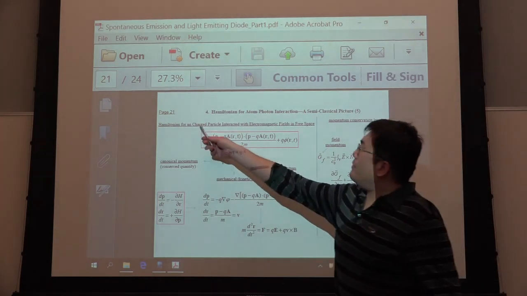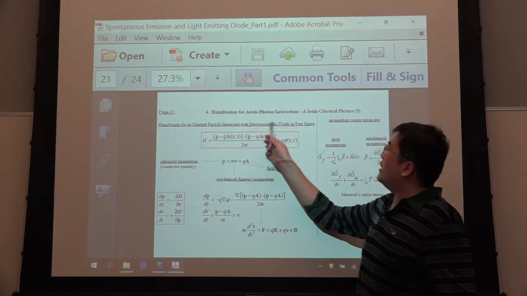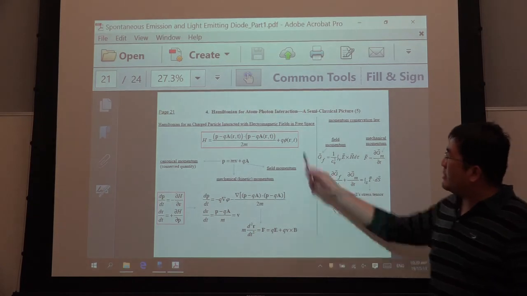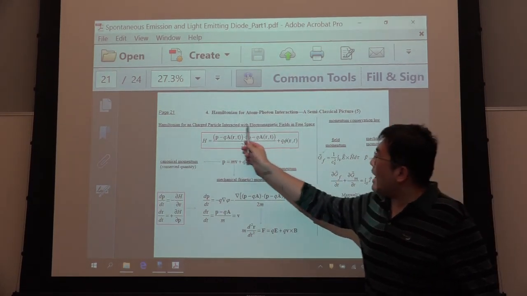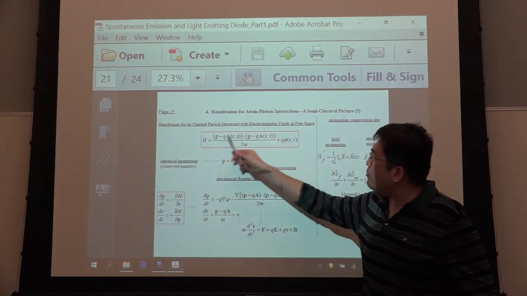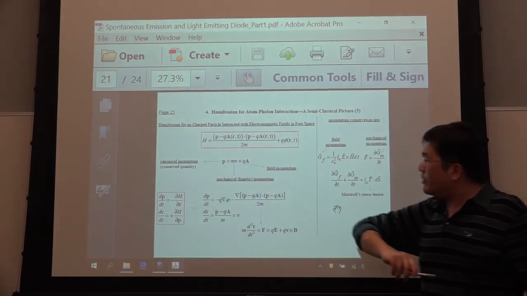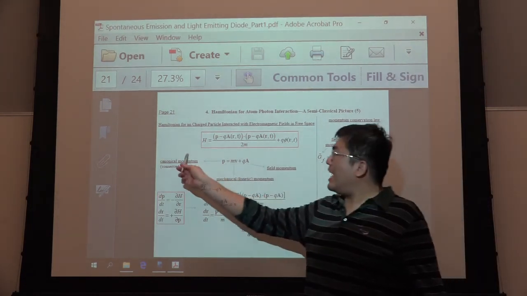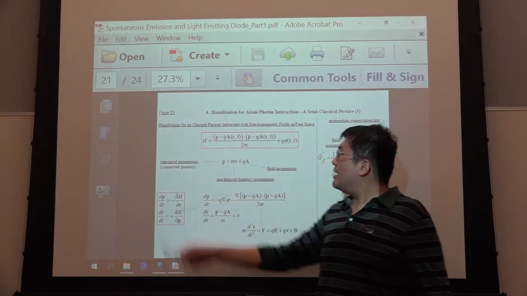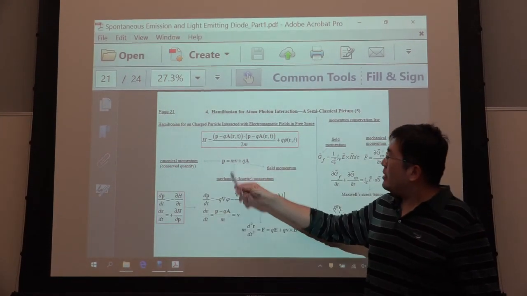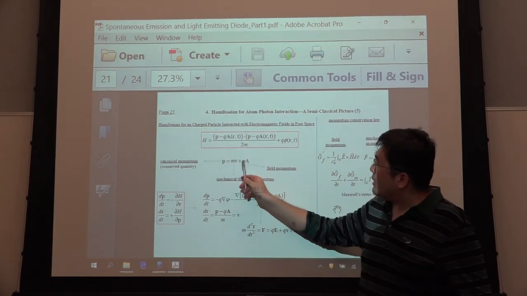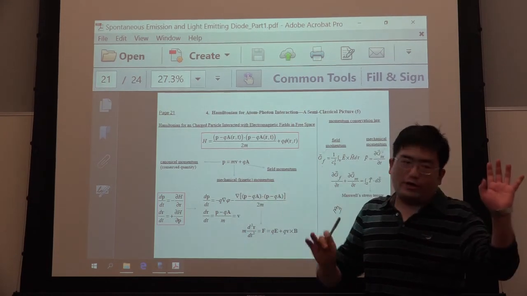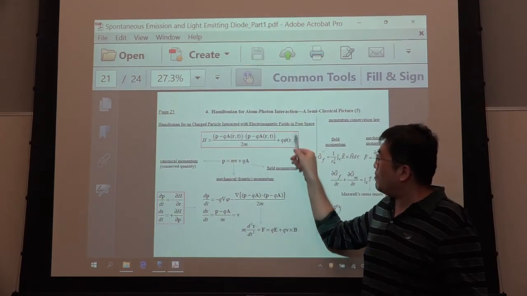This Hamiltonian is for a charged particle interacting with an EM field. This is the V term, it's q phi. How about the kinetic term? This is a little bit weird: P minus qA. The P here is called canonical momentum, equal to mv plus qA. First we see that P minus qA is just mv, the same as the original one half mv squared.